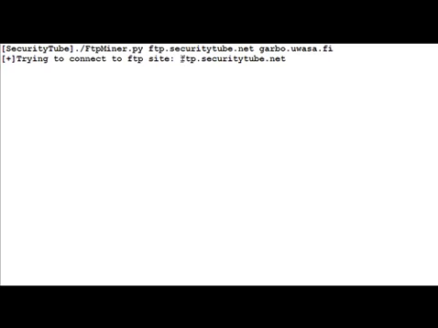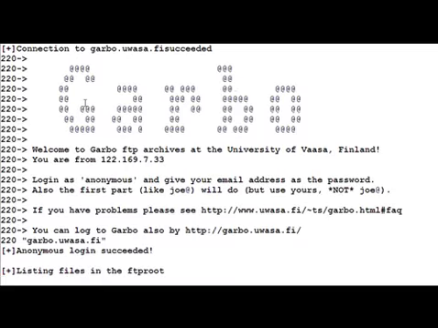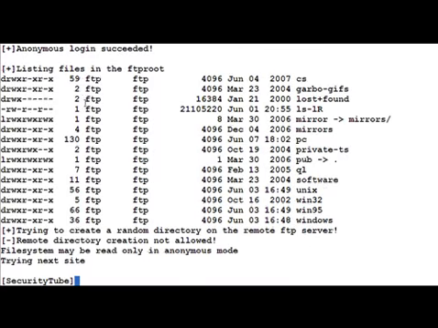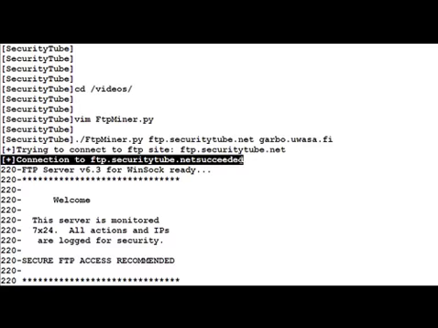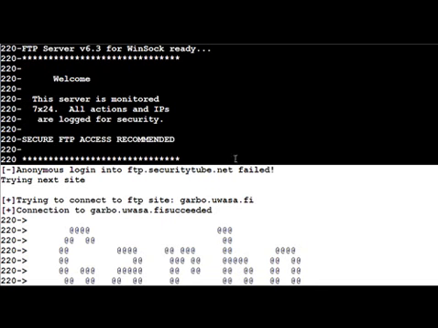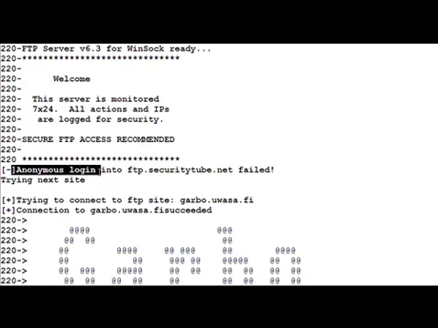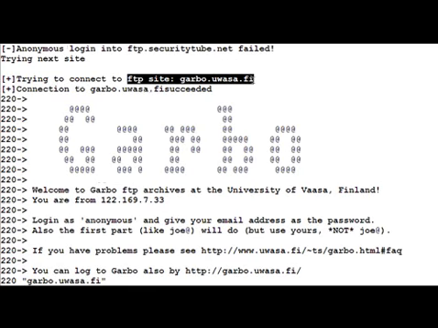So now it is trying for securitytube.net. It shows us the welcome message, and then it's trying the next site, gives us the listing, and then goes ahead. So if you notice, what happened here was that the connection to securitytube.net succeeded. We got the welcome message which the server sent us, but securitytube does not allow an anonymous login, because of which this failed. So then it went forth trying the next site,